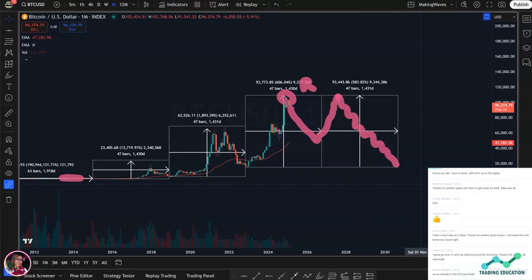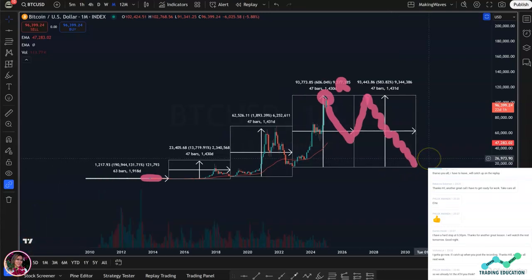So again, I think that's really going to trick everyone. I think the next 2 to 6 years are going to be all tricks. It's going to be manipulation. It's going to seem like manipulation. It's really going to get a lot of people caught out, and it's going to throw some curveballs. So next 4-year cycle, we could see a high quicker than we typically do, and that would lead into a longer, drawn out, multi-year bear market. Where we normally get a 1-year bear market, this could be a 2-year bear market, a 3-year bear market, a multi-year bear market.